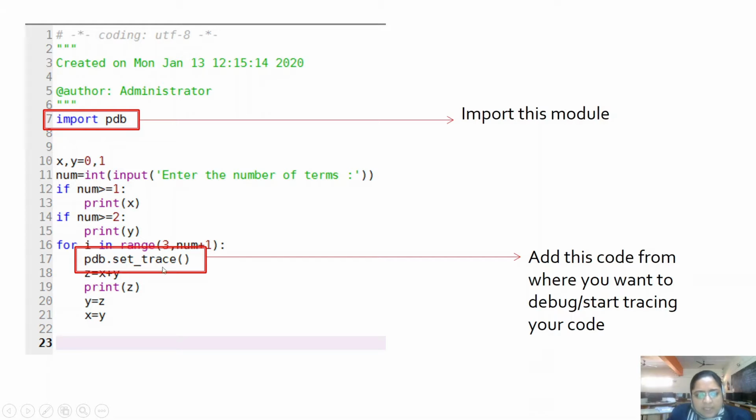So if you are suspecting a logical error to arise from a certain part of the code, you can just import the PDB module and call this function at any point within your program to check the authenticity of your program and also to check the intermediate values of variables. As you can see, this is a Fibonacci series program where there is a logical error